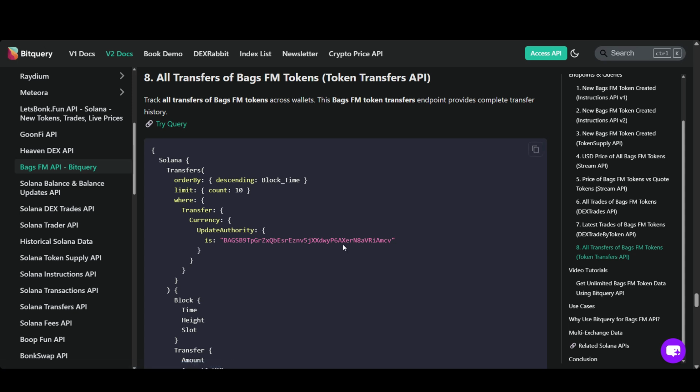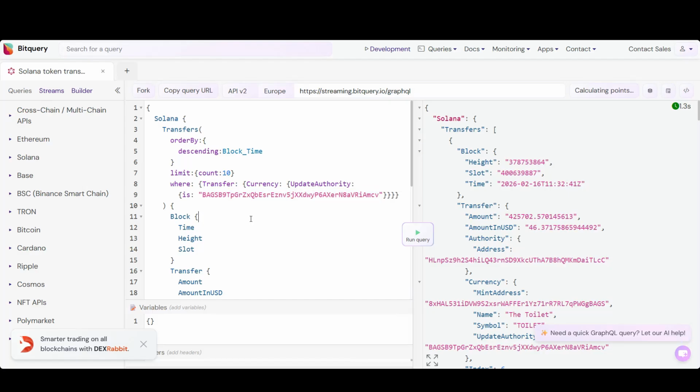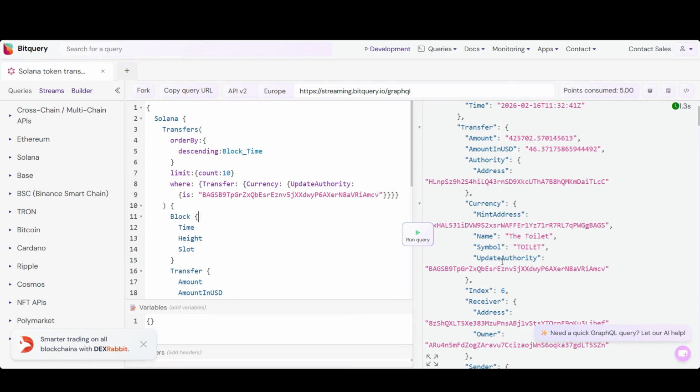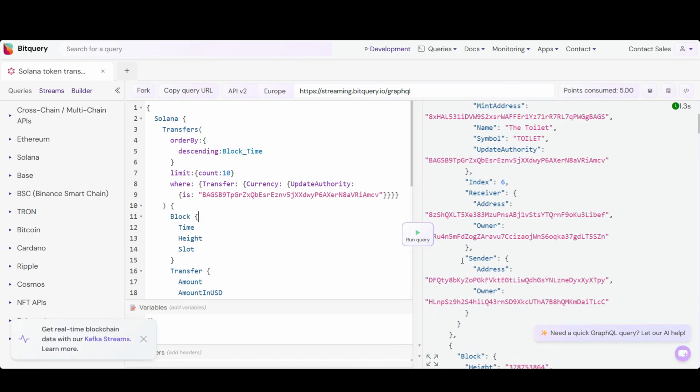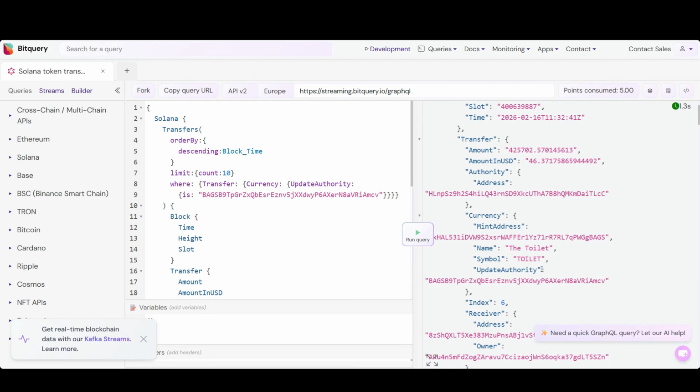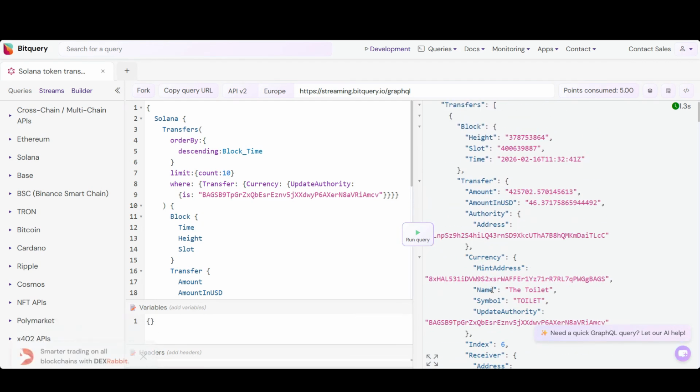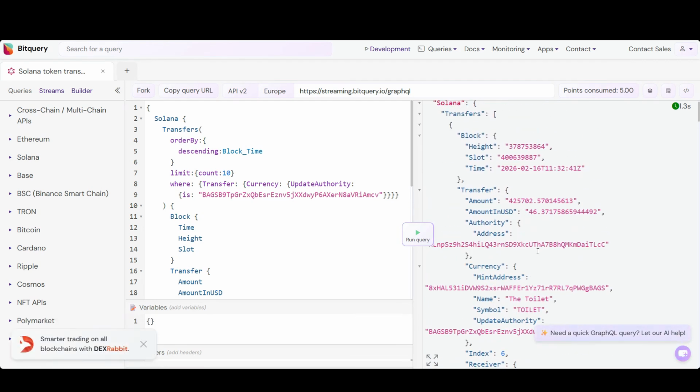Now let's track token transfers, when BagsFM tokens move between wallets. Same filtering approach, using the BagsFM Update Authority to capture all token movements. You get sender and receiver wallet addresses, transfer amounts in both tokens and USD, token details like name and symbol,